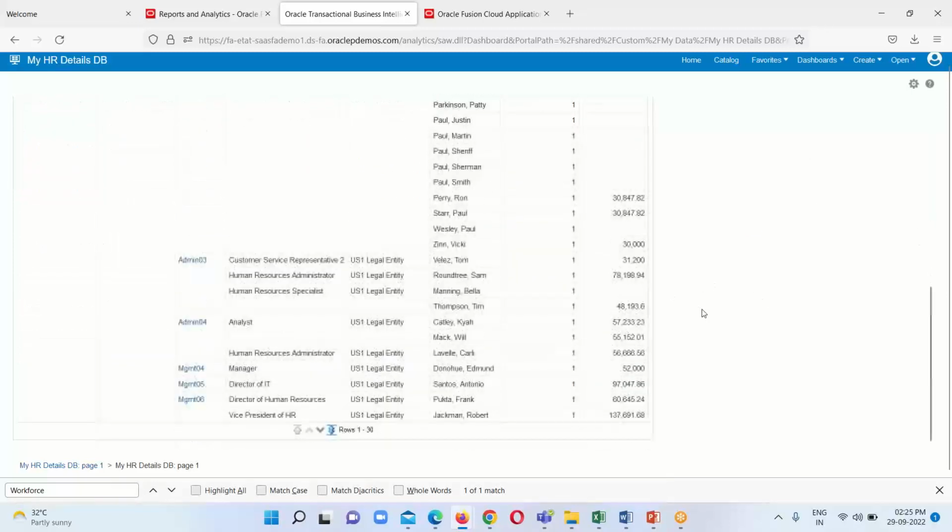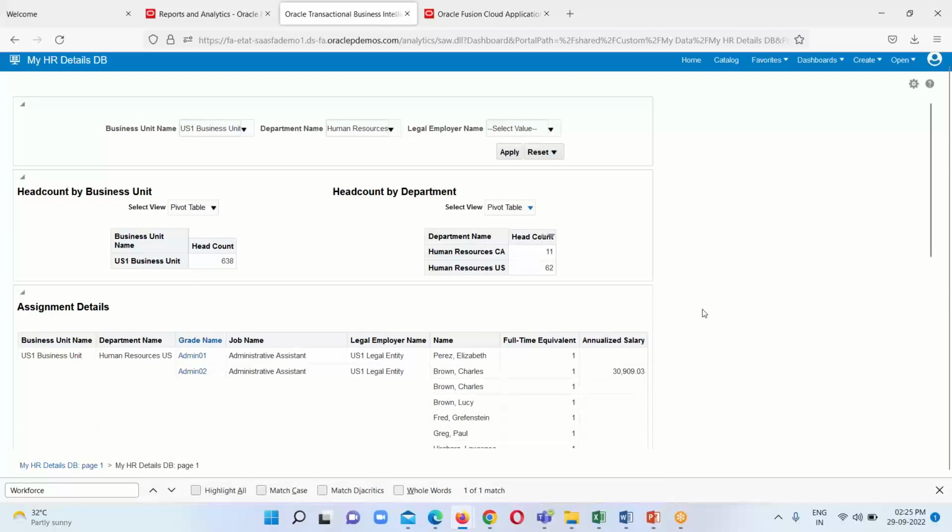So this is basically the creation of dashboards and dashboard prompts in Oracle HCM Cloud OTBI Analysis, and all about this session. If you have any question regarding this, reach out to us at